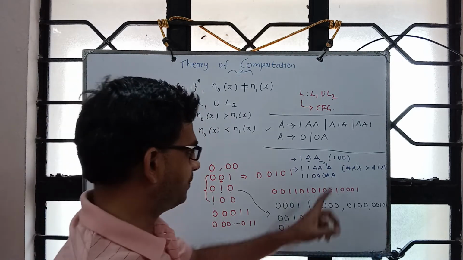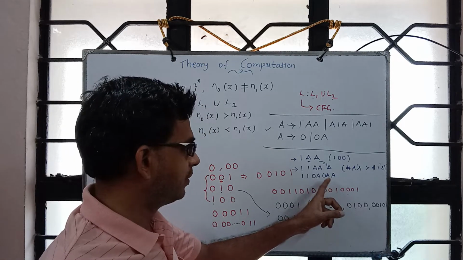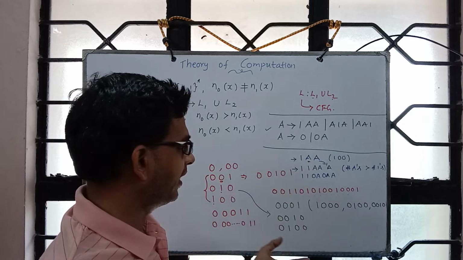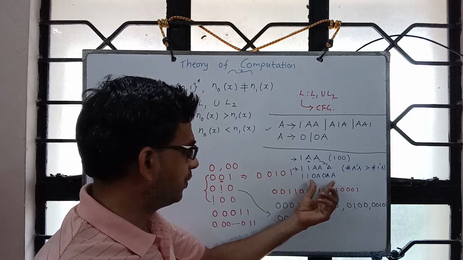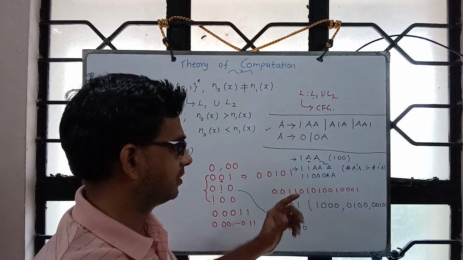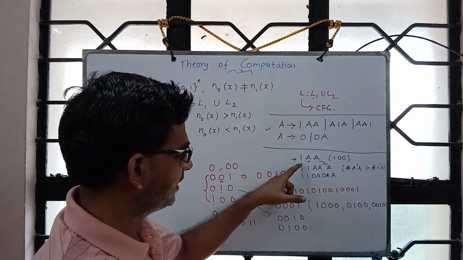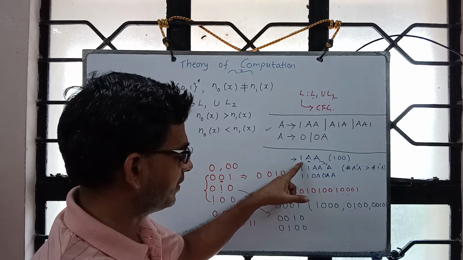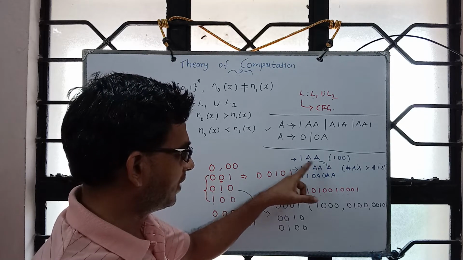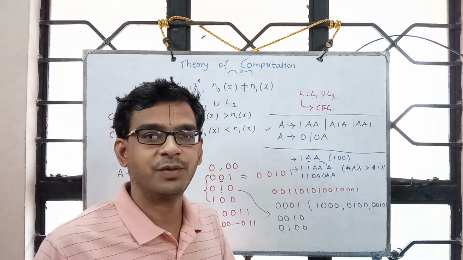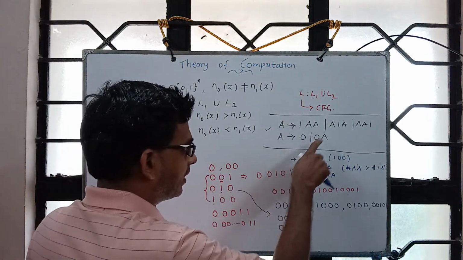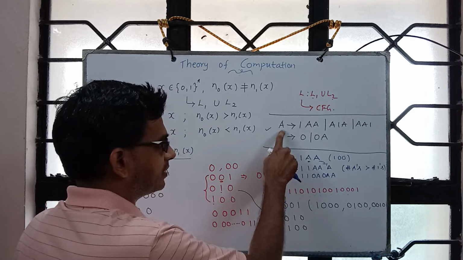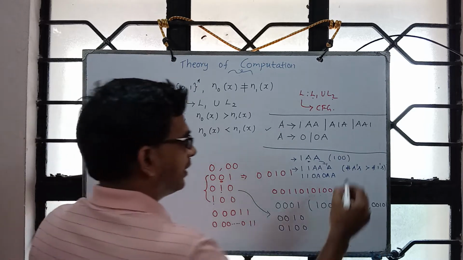Either you replace this by just 0 or by 0A, and now you can see that the number of zeros is more, the number of ones is less. But at any time you see that the number of A's is at least one more than the number of ones. And that's precisely what we guarantee through this grammar. And you start with